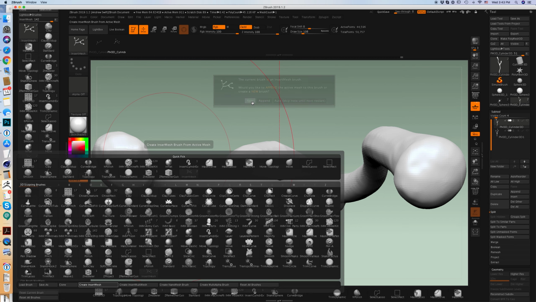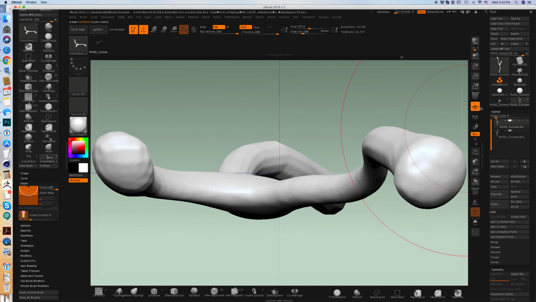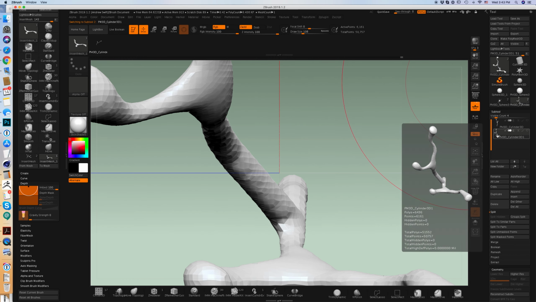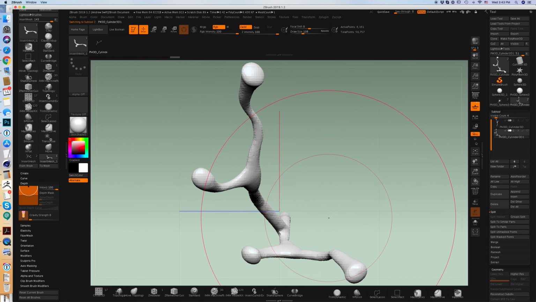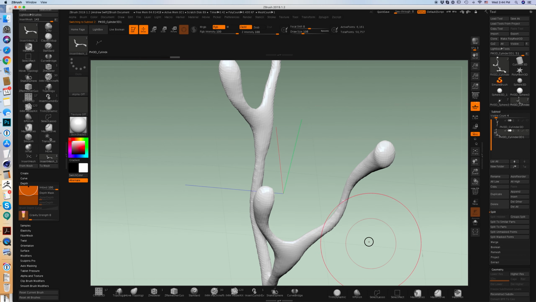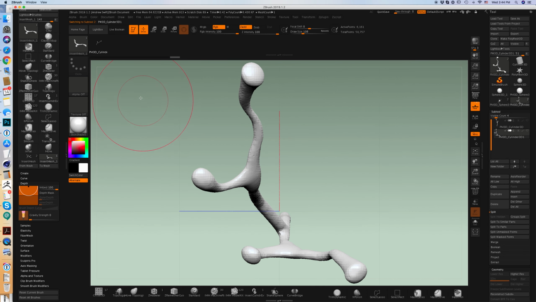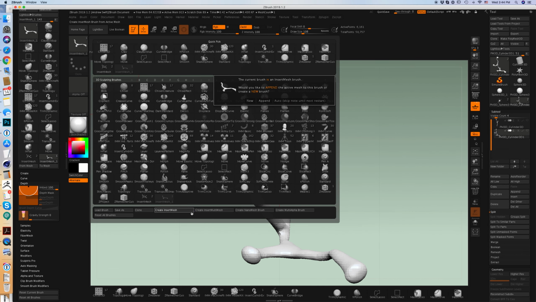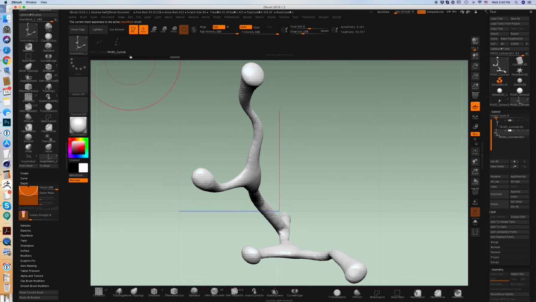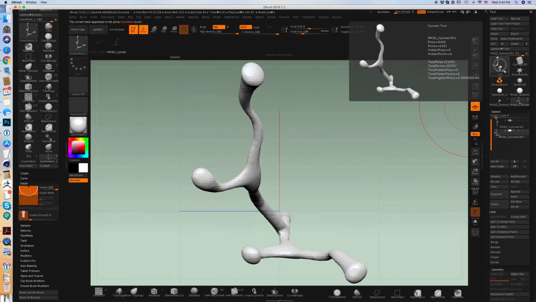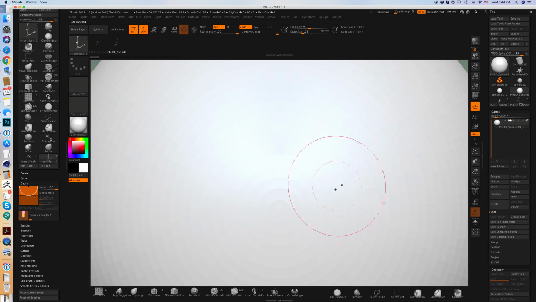You're going to say a new brush, and then switch to your other cellular projection, which is this one, right? And again, you have to look at it like this and say create insert mesh brush, and you're going to say append, and now you have both of them. And if you go back over here to your sphere,